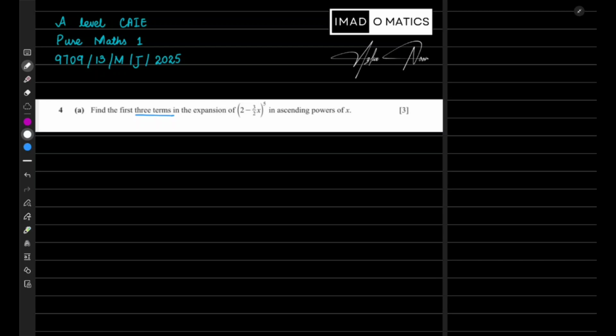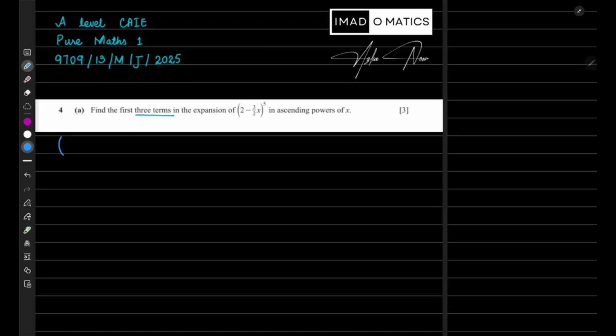May June 2025, and we are doing question number 4. So let's begin. Find the three terms in the expansion of (2 minus 3 over 2x) whole power 5 in ascending power of x. Okay, so what we are supposed to do, first of all, we should be knowing what is